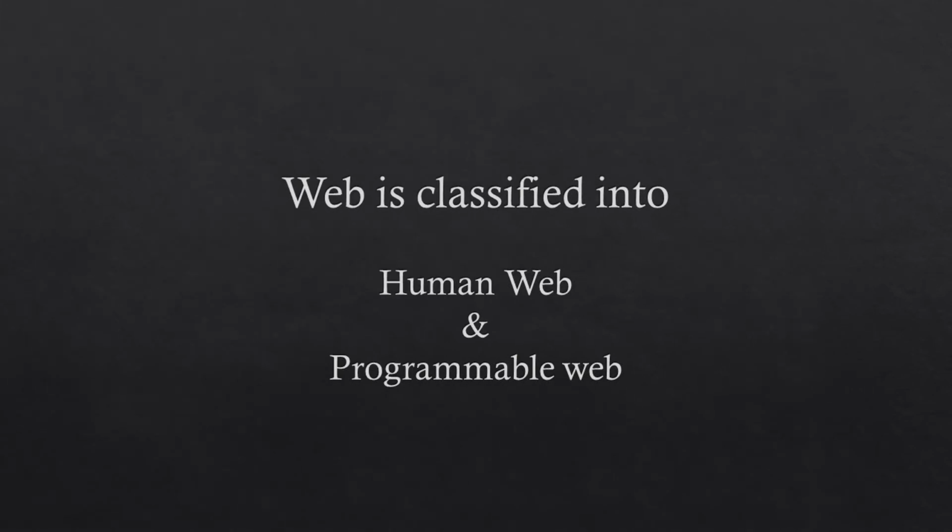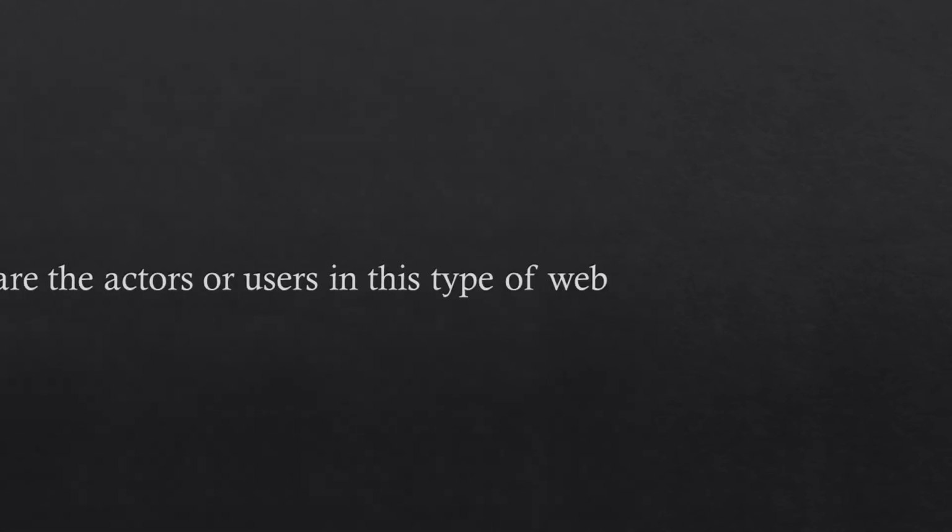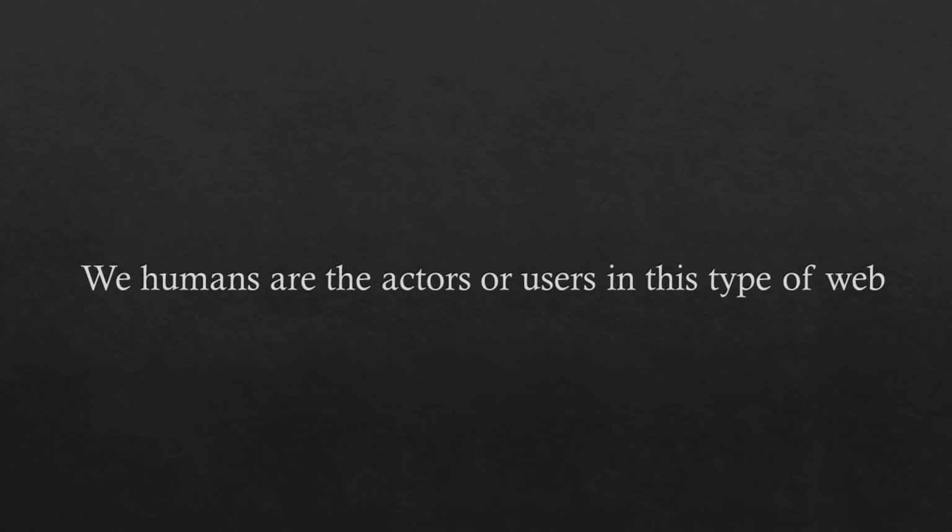Now let us understand more about web, what are different kinds of webs, etc. So friends, let us understand about human web. Web actually gave humans the ability to ask or request for a resource present in a computer device or server, which can be located anywhere in the world. And we got them back in response.